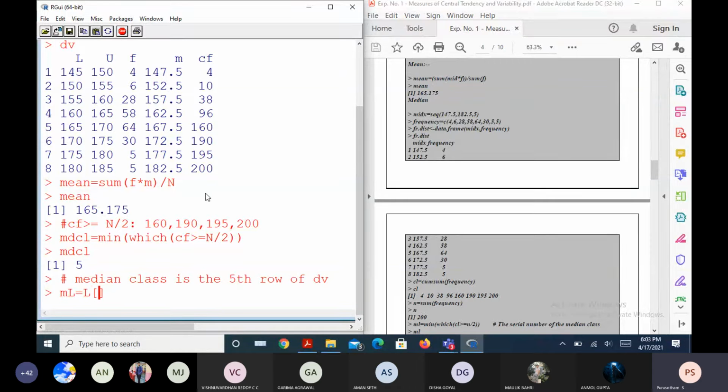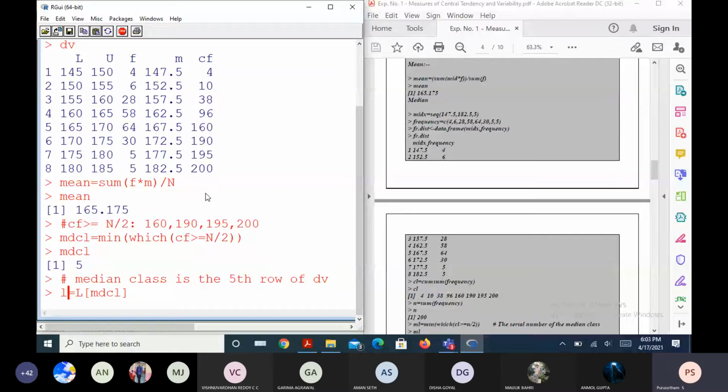Why am I using L of MDCL? Or I can use little l for ease of understanding. Little l is equal to L of MDCL.